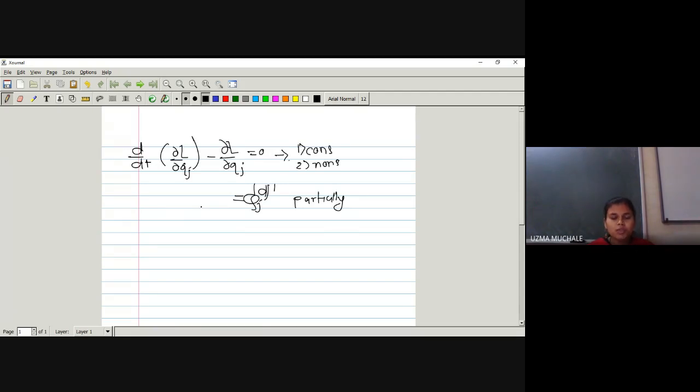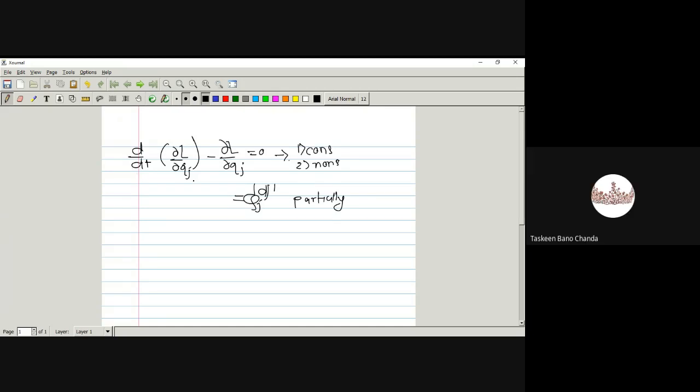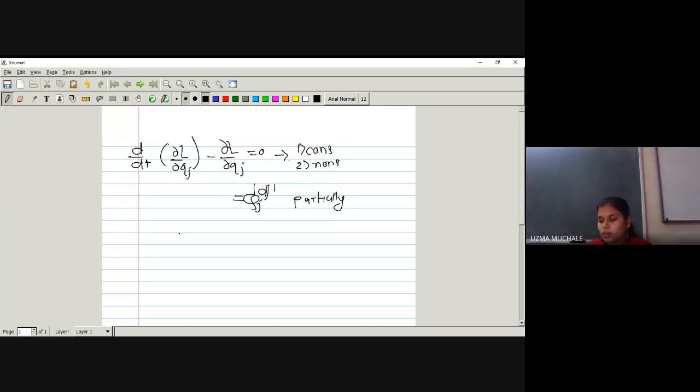If your bike is going with a constant speed, that will be the conservative case. But if suppose rain is there, some wind is there, due to rain or wind you may stop your bike. That is what partially conservative is. That means dissipative forces are acting so that your motion will be stopped. What is a dissipative force? The forces which try to destroy the motion. Is there any doubt for this? No, ma'am. Okay.